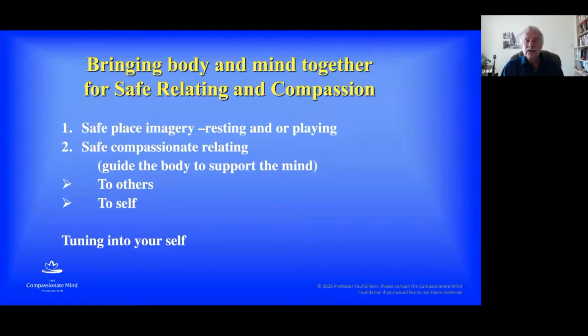Now, sometimes what can happen is people can have fleeting images, and then if they're very stressed, they have a fleeting image, and then their mind will go back to the thing they're worried about. If that happens, don't worry about it. Just see that's the way it is. And just try if you can to keep bringing yourself back to a safe place. Sometimes people like to have music that might be associated with a safe place, or a smell that might be associated with a safe place. We'll have a look at that in a moment.